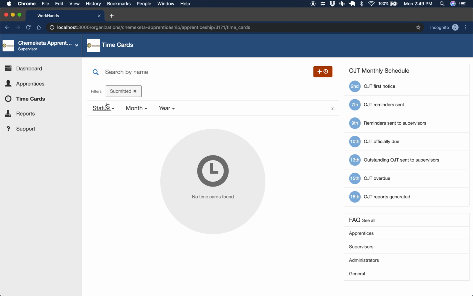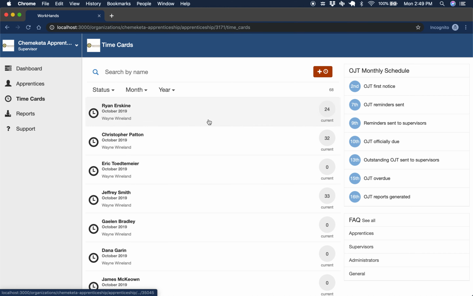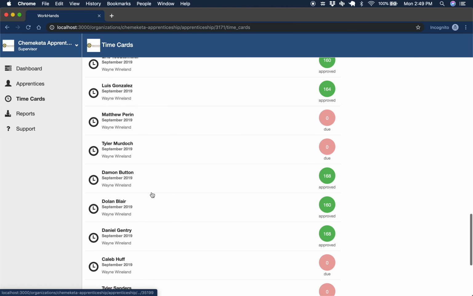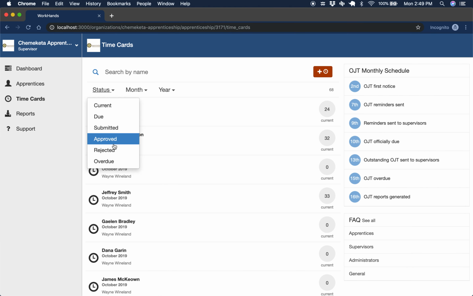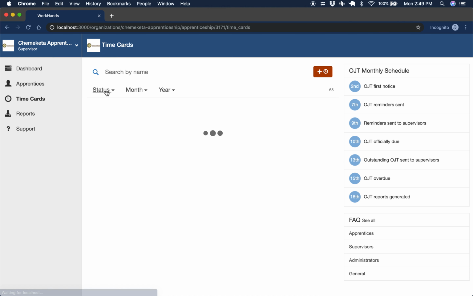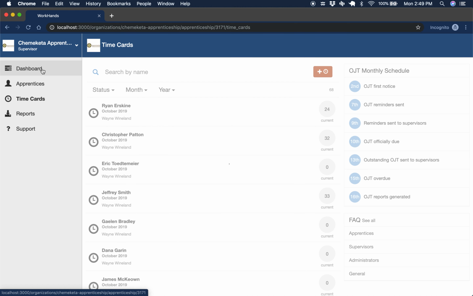At any time, you can actually come into your time cards and see exactly what's going on. By default, we filter on submitted, but if you remove that, this will show you all the time cards for your apprentices, whether they're the current month, any of the past months. You can see who is overdue. Nobody right now. You can see who's due, approved, rejected, etc., or jump by month, search by name. And if we hop back to our dashboard,